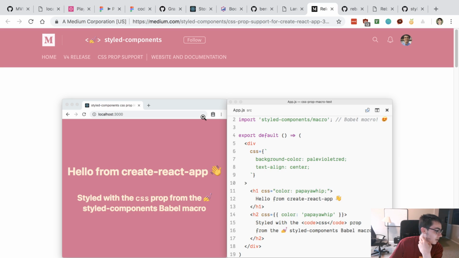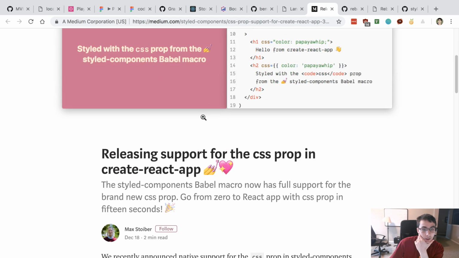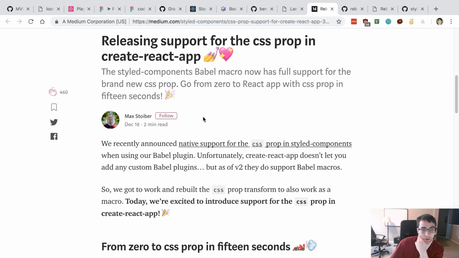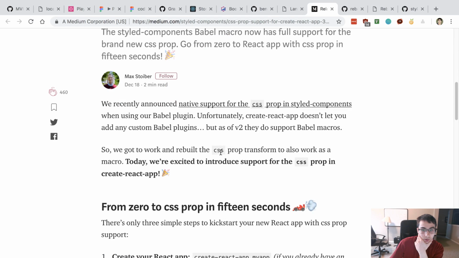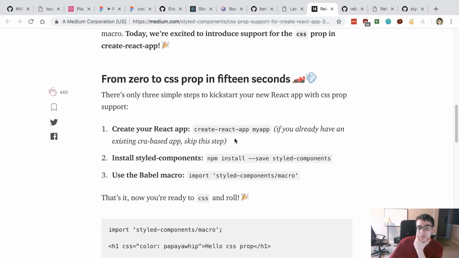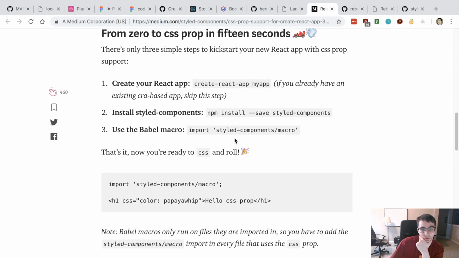Oh, so instead of using the CSS prop, you're using that? You can set default props. So should I just do that in general then? Oh, so use the macro.